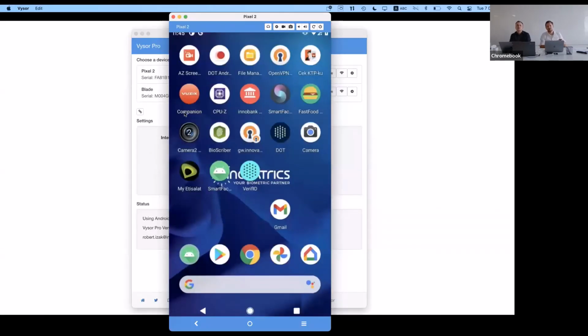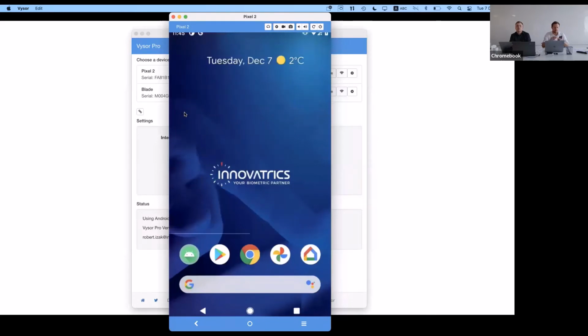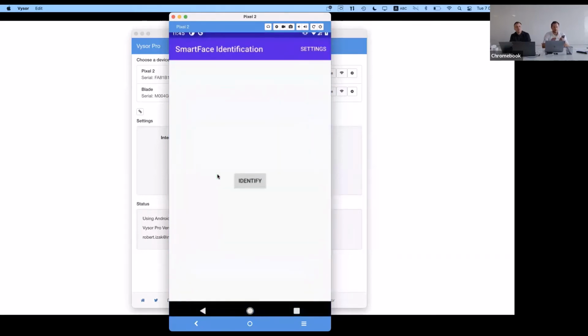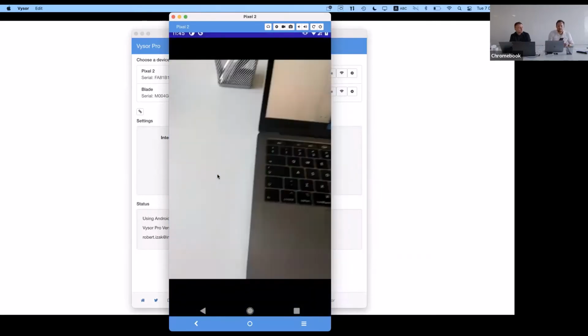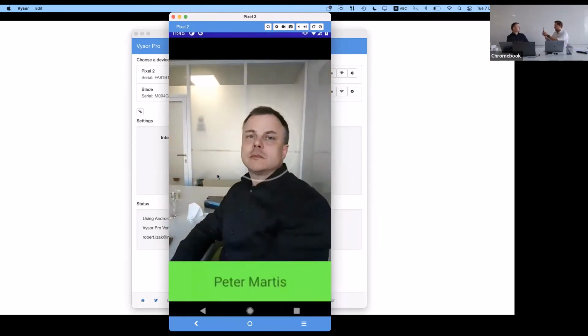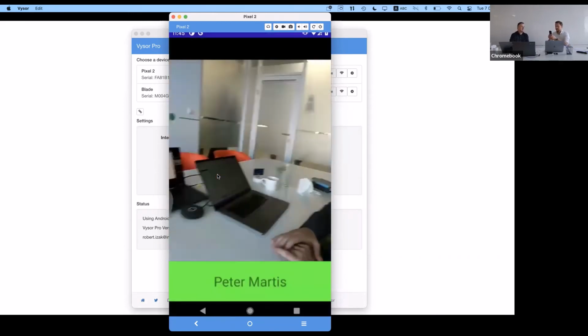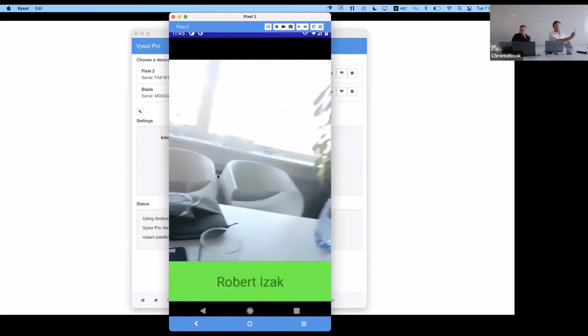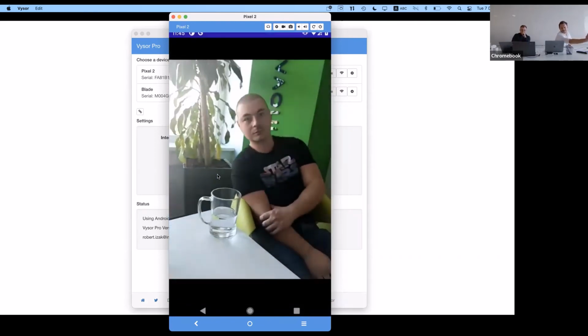And let me now showcase this smartphone preview. You see currently my Android phone. We have this tiny application called SmartFace identification. And I will just choose to identify. And by this streaming, I can simply come to the suspect, tell me who you are. I can check if I know this suspect. For example, I can check it here. I am on the watch list. And Patrick, our assistant, he's not on the watch list, so he will be not